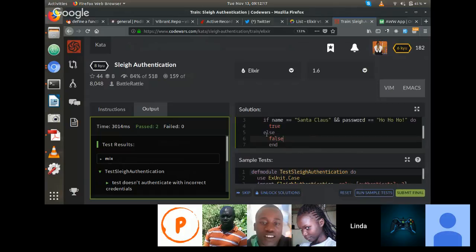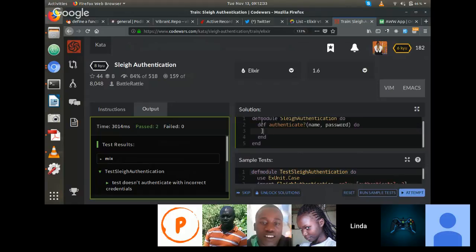From false. Yeah, from root false or either. If statement lazima ikuwe na do na end. Oh. If do is this something you're doing. Umesema hapa ni